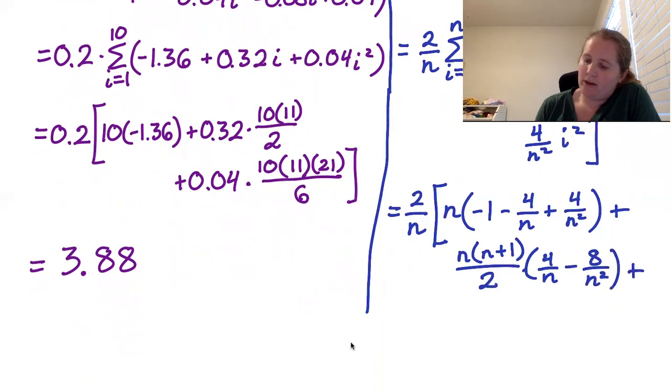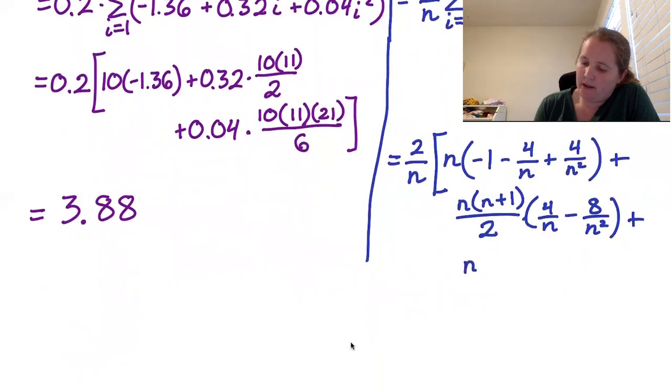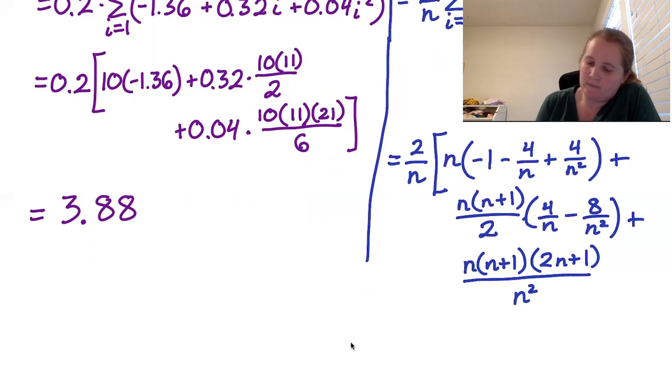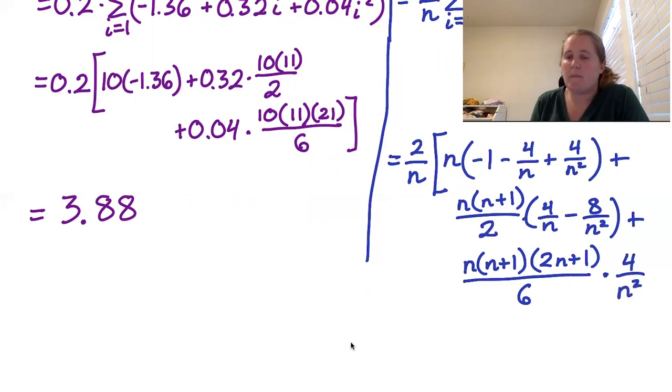And then plus for I squared, we have n times n plus 1 times 2n plus 1, all over n squared, all over 6. And then that is multiplying 4 over n squared. So this is kind of the nasty version of the formula that we could evaluate